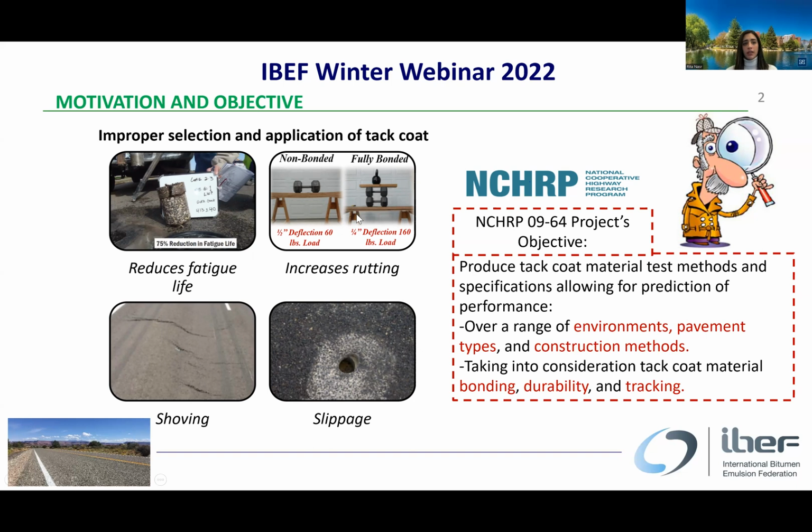Knowing that a good bonding leads to a stronger pavement structure, this behavior can be jeopardized during construction when the tack is picked up by the tires or when durability problems exist. Therefore, in addition to bonding specifications, tracking and durability specifications should be considered as well when selecting the proper tack coat. This research aims to produce a specification with related laboratory test methods for tack coat material that allow prediction of their performance over a range of environments, pavement types, and construction methods, while considering tack coat bonding, durability, and